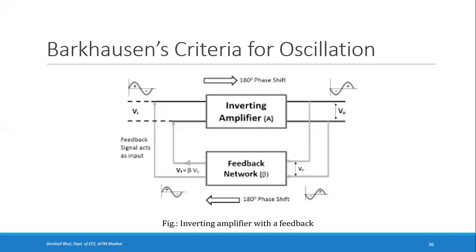When it is amplified, it is again fed back to the input. Since it is a positive feedback, they get added up, right? So they get added up and it will keep increasing. The amplitude keeps increasing, and when it becomes constant, the oscillations will be sustained. Okay, so that is the way some small noise in the circuit will be amplified until you get sustained oscillations. That is the principle of oscillators. So what we observe is the amplifier and feedback should provide 180 degrees plus 180 degrees. The total phase shift is 360 degrees or 0 degrees since it is periodic.